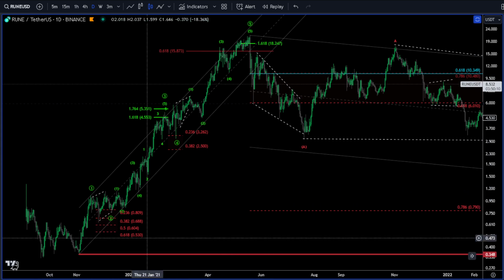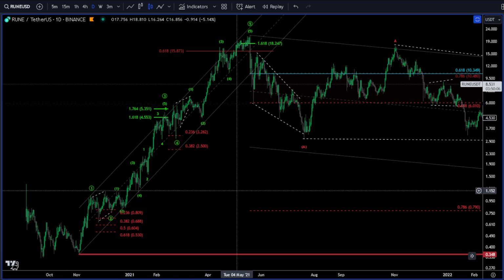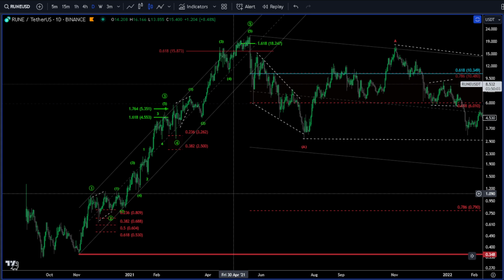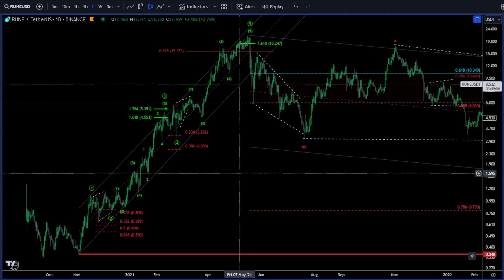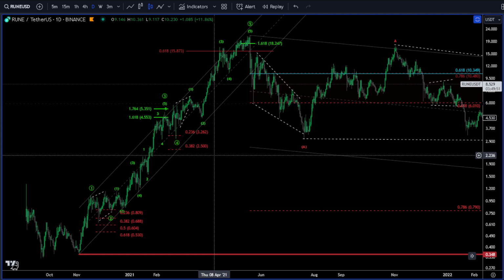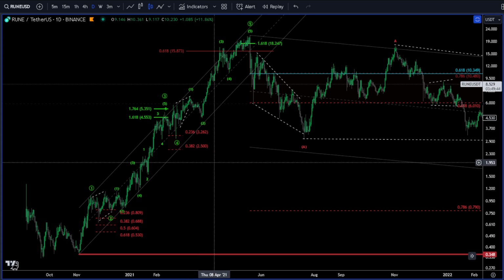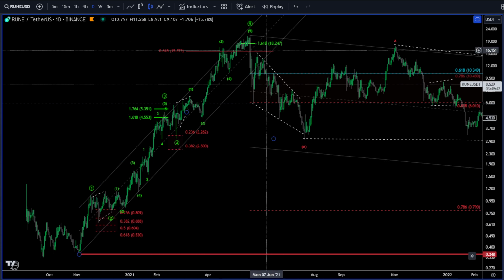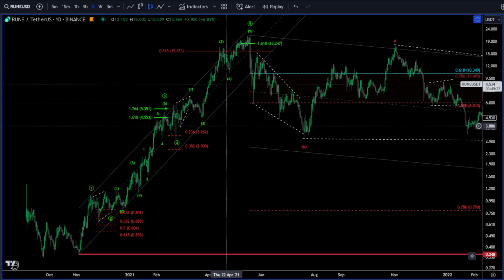I'm out on the daily and I wanted to show you the original impulse since November 2020 and kind of what you can expect going forward in the altcoins, because we just had this similar pattern play out in DOGE with HAT, and that is that we tend to get these extended fifths. So I just wanted to show you more evidence so you can add it to your Elliott Wave memory bank, and you can start targeting higher areas for fifth waves when we do get them,